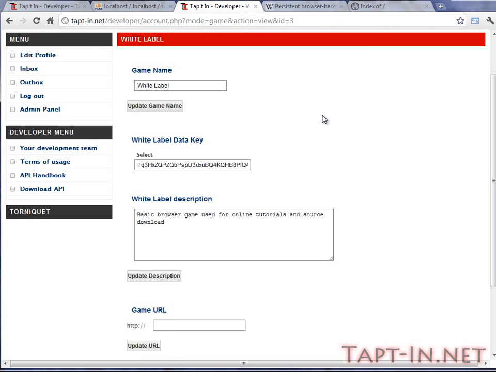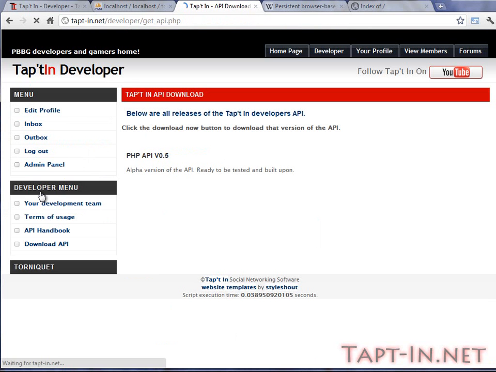Then what we need to do is download the API. Now, currently the only API available is version 0.5. It's still in alpha testing at the time of making this video. So you go to the download API and you just click the download now image here. The API will then download. Once it's downloaded, go to your downloads folder,